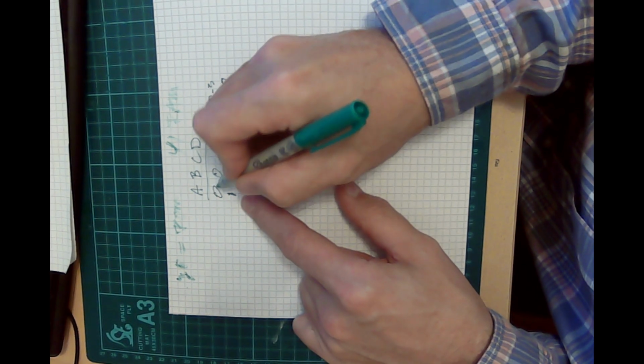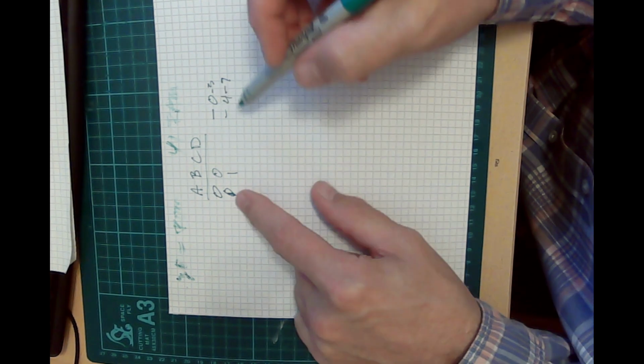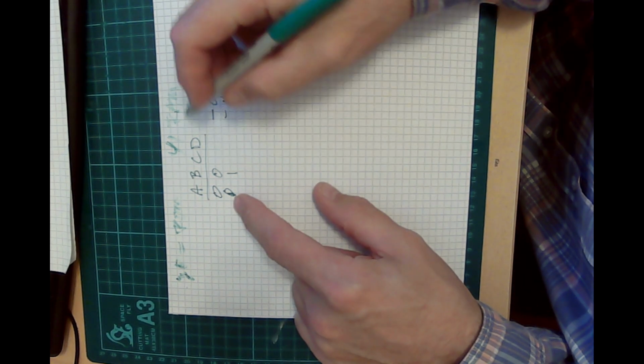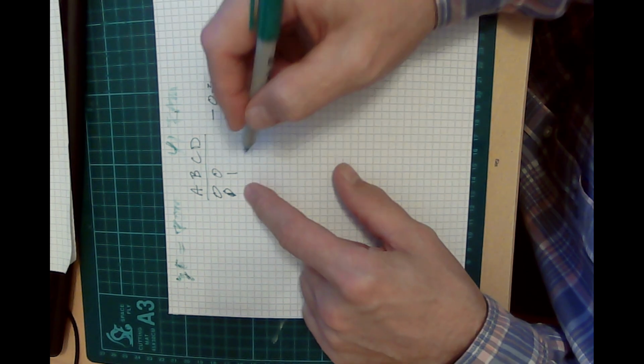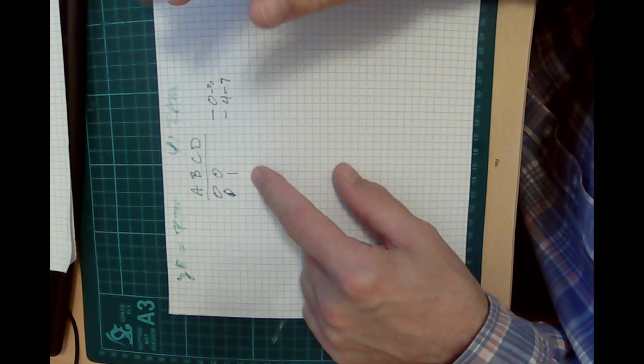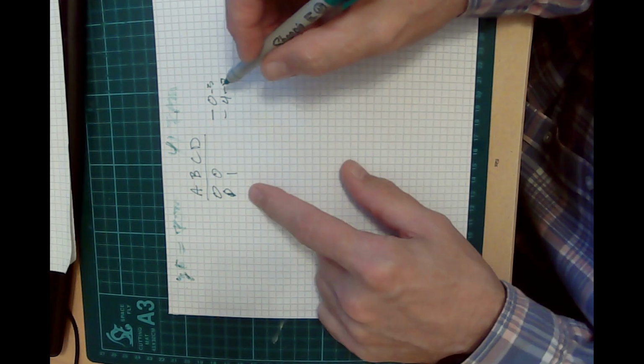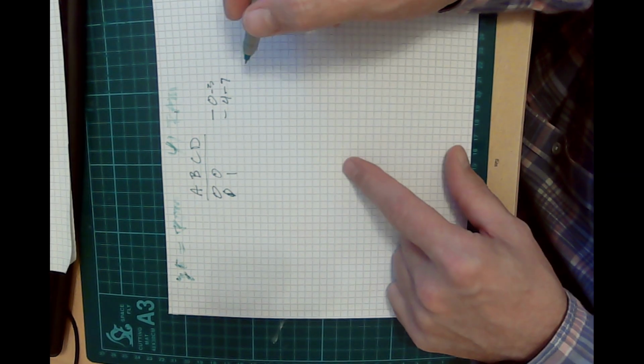So as long as A is 0, then I know I'm in the first 8 basically. I'm ignoring C and D because they're just going to be a value. So what I can do here in this case then is I can say